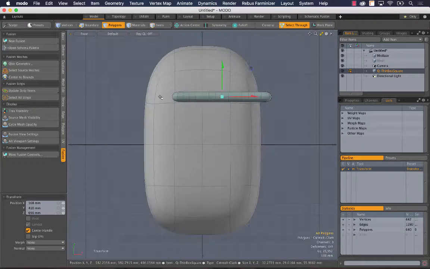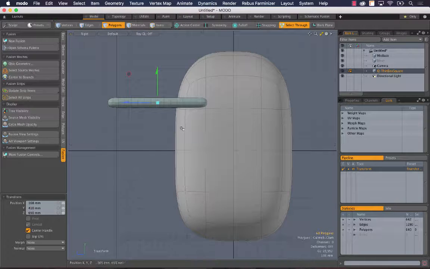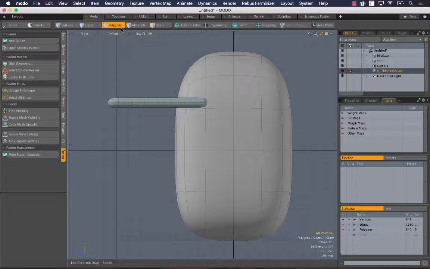Control space, we can go to a front view if we want, or control space to a right view. And can we fit 8 in there? I think that'll be just about right. So what we're going to do then is in polygon mode, not in item mode, we want to go to deform,